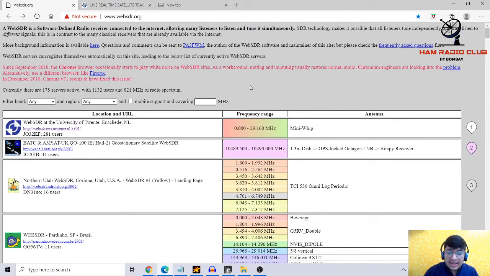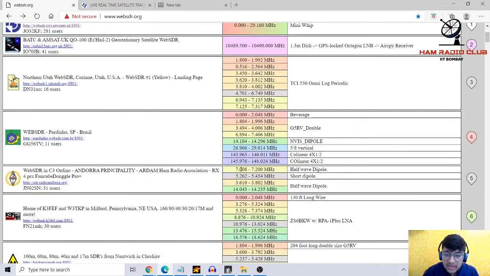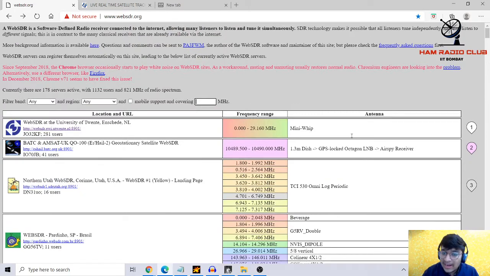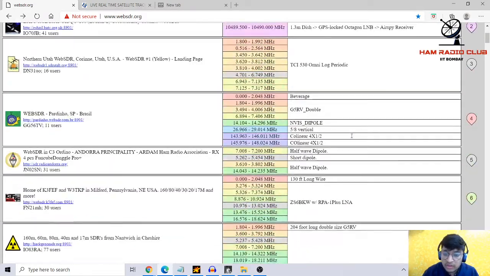But again there is a limitation to every WebSDR. Like you have FM radio, it works on a specific frequency, 98.3, 93.5. In a similar way, every satellite sends its signal at a specific frequency range to avoid overlapping. So that is why WebSDRs also have the limitation that they receive signals at a specific frequency. They have the equipment which can receive the signals at a specific frequency. So these are the different frequency ranges at which each WebSDR operates. And finally, this is the antenna which is used in every ground WebSDR.